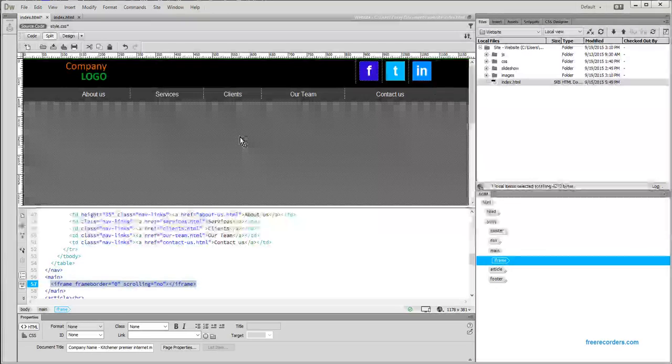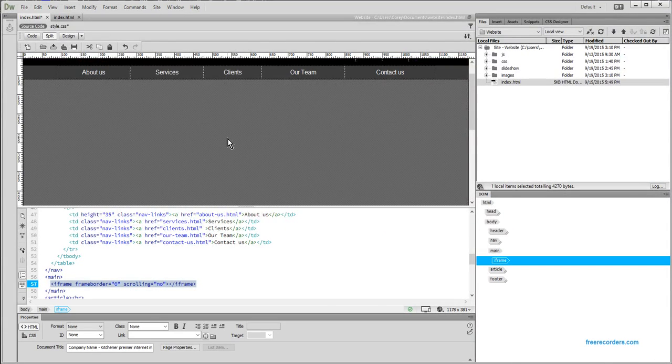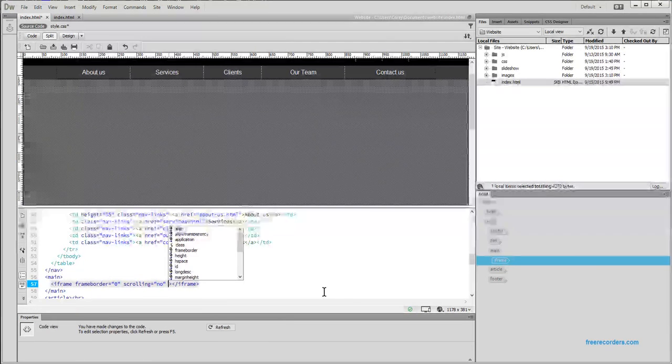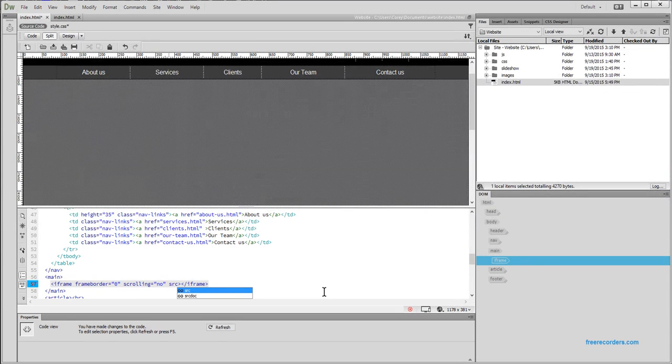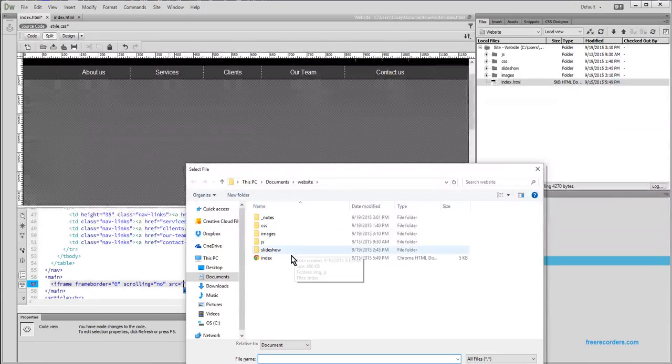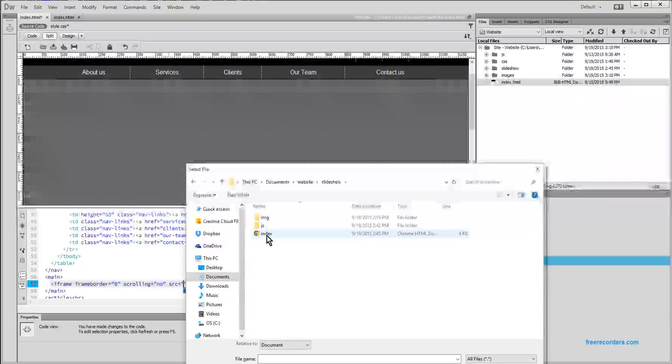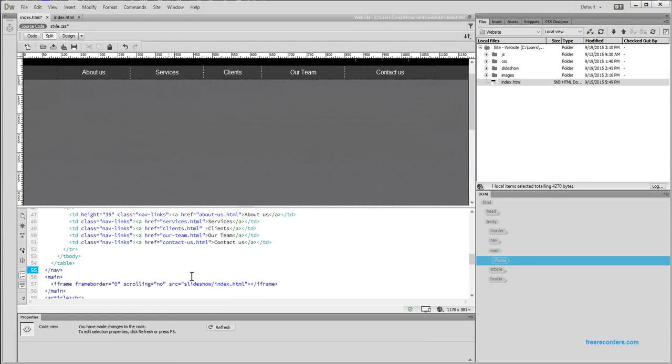Coming back to our main page, we're going to be working with this iframe now. Last tutorial, what we put inside of here were frame border and scrolling. I want you to put your cursor just to the right of the ending quotation under no, and press space and SRC. So what is that? Is the source. It allows you to source a external page or an internal page. So once you press enter one more, click the slideshow folder, select index, and now we have the iframe's source,